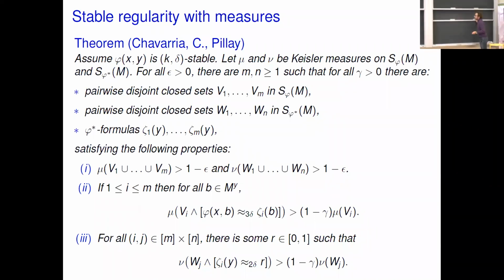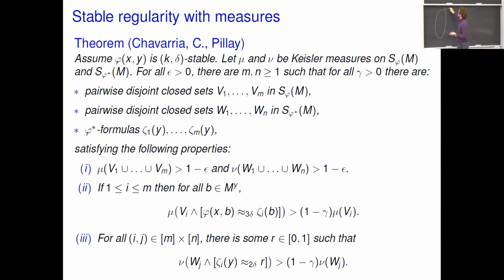So what kind of statement do we get about arbitrary stable formulas on arbitrary structures with arbitrary Keisler measures? Okay, so I have my formula phi(x, y). It's k delta stable for a fixed k and fixed delta. And now I have my type space